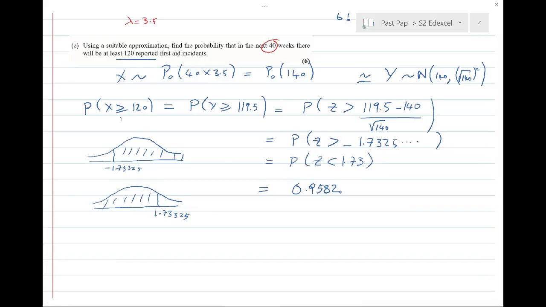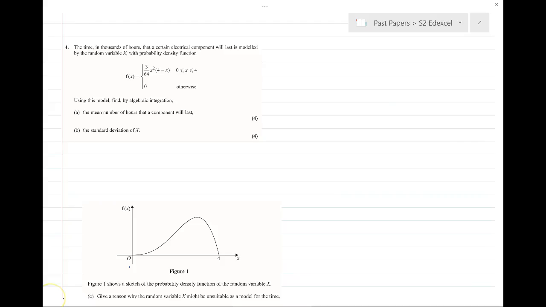Right, so question 4. Question 4 is a continuous random variable question. Finding the mean, for which we know a formula, which is in the formula book. The actual formula goes something like this for the mean. I'll write them out, they're in the formula book. E(X) is equal to the integral from minus infinity to infinity of x f(x) dx. And the one for Var(X), the variance,